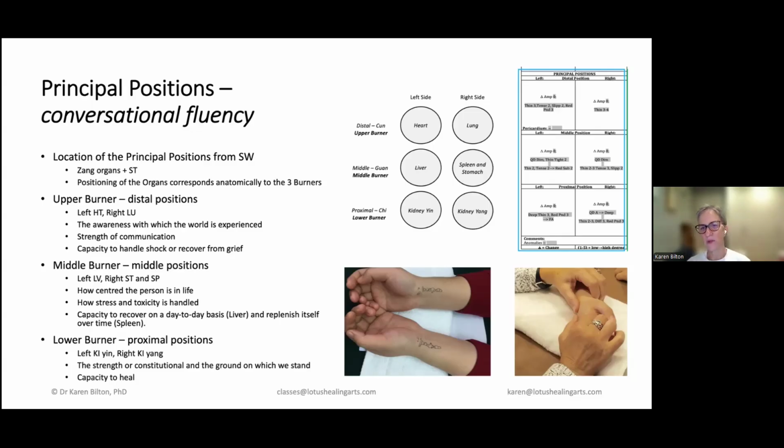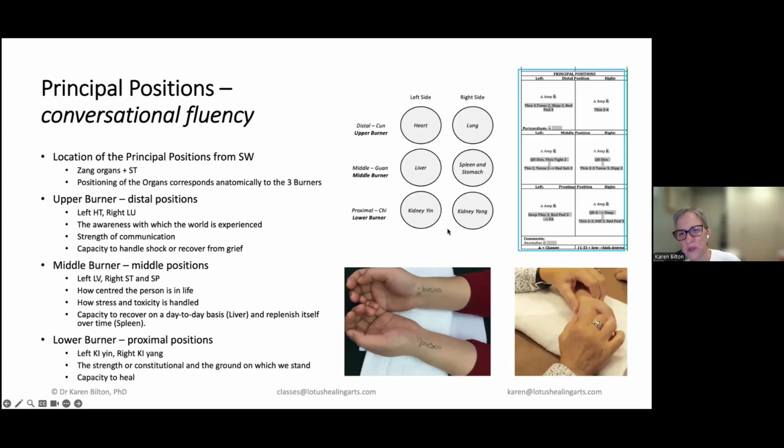In the middle positions, we have on the left side the liver and on the right side the stomach and spleen. And in the proximal positions, or the Chi positions, we have the kidney yin on the left and the kidney yang on the right. Now, as you can see,